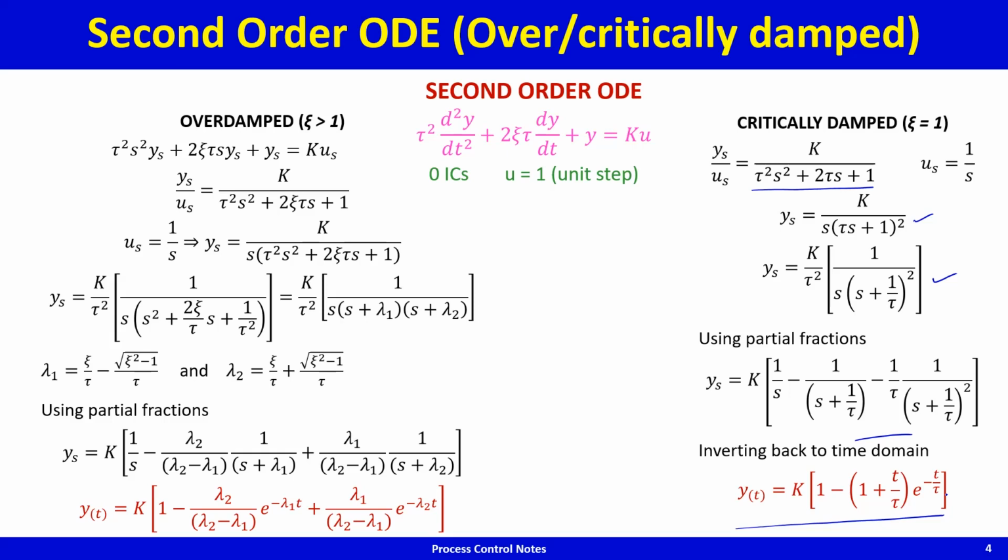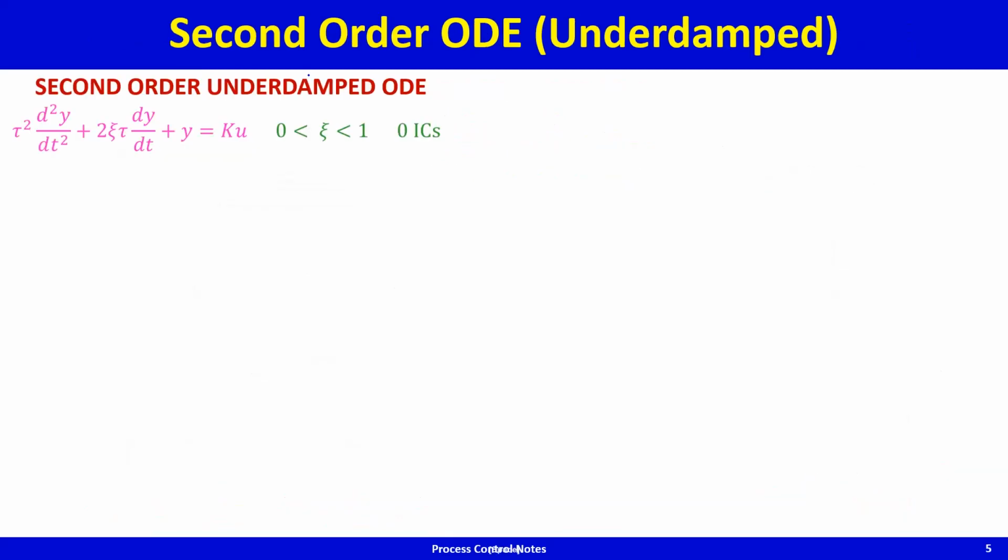Now let's look at the most interesting case where epsilon, or the damping coefficient, is between 0 and 1. By the way, this chi is also called the damping coefficient. Maybe I forgot to say this. If the damping coefficient is between 0 and 1, everything is the same except that now the roots become complex conjugate pairs. So what you get is as before,